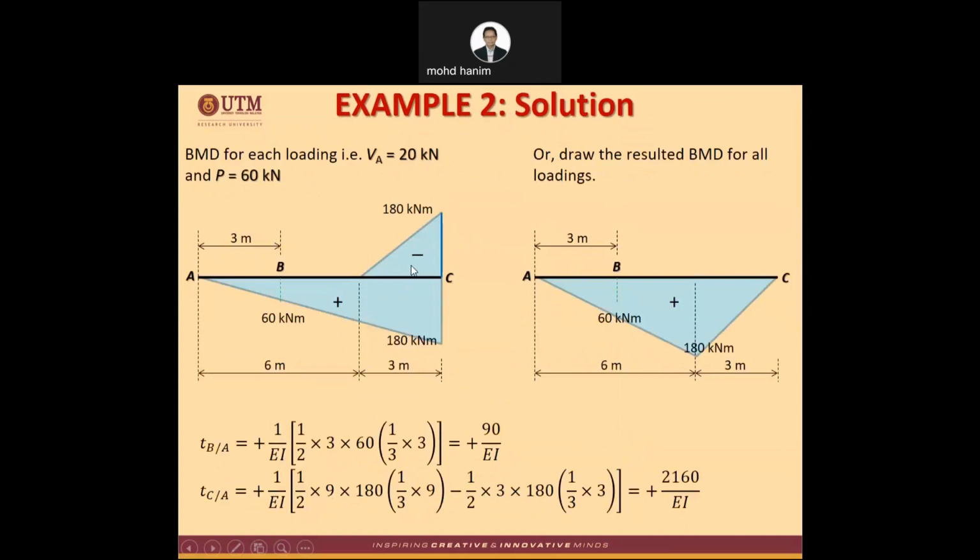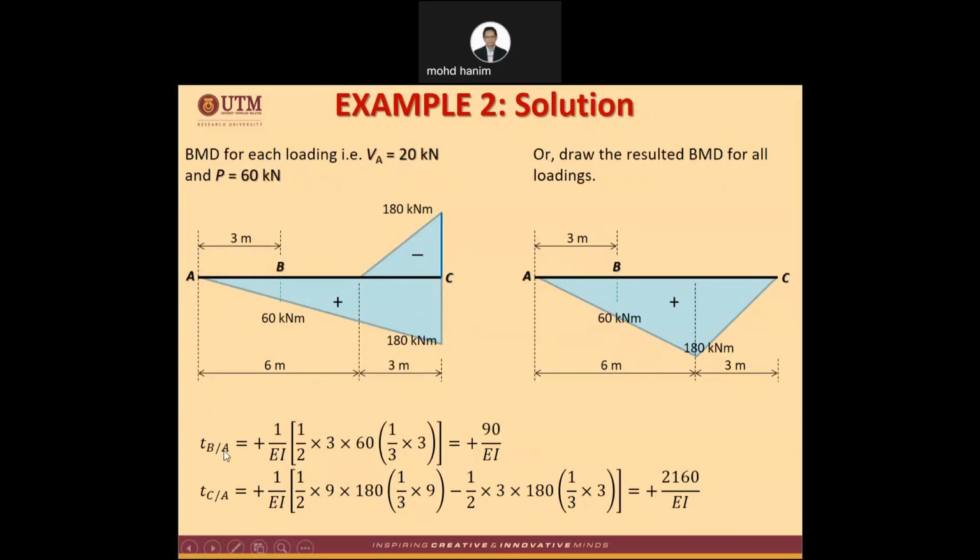But if you don't like this method, you can also use this method. This is the actual bending moment. This one is the bending moment, but we split it into 2. But actually, the resultant of this area is equal to this one. So it is up to you. You want to use here or you want to use here. If you use this one,